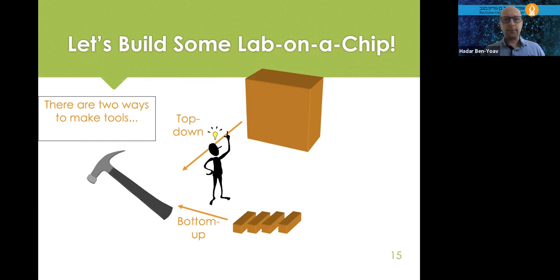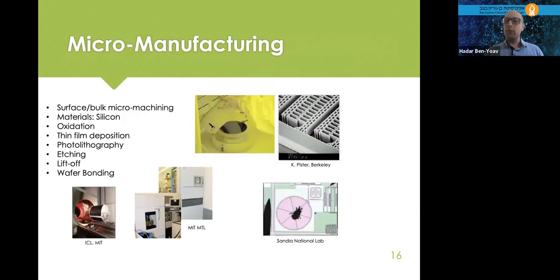Okay. So what are the tools? This field is called micro manufacturing, because you use the tools to manufacture microscale structures. And usually it has a list of different types of techniques. Usually we have a surface or a substrate, and on top of it we do all the fabrication. We can use techniques called oxidation, thin film deposition, photolithography, all those techniques we're going to